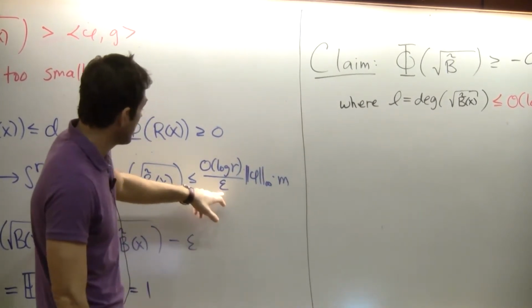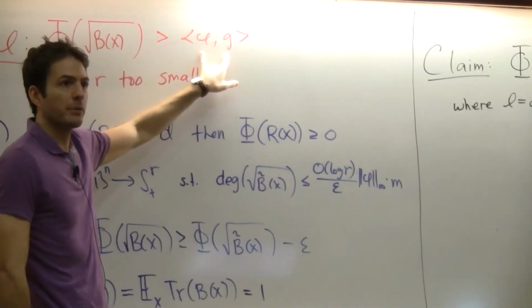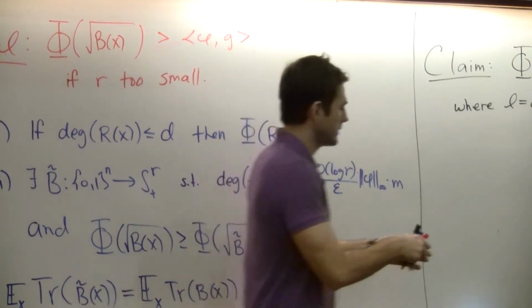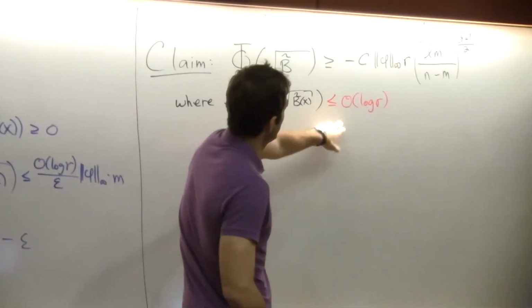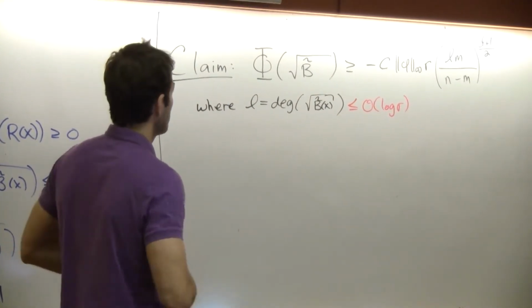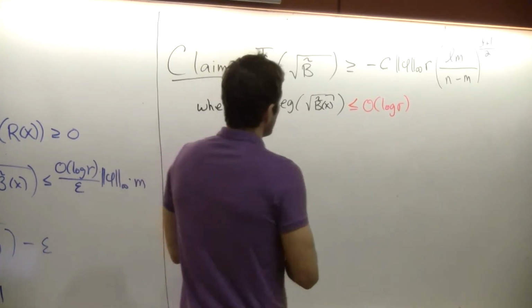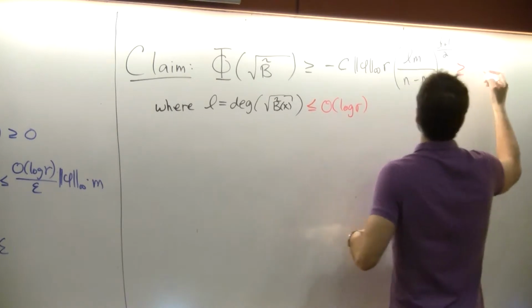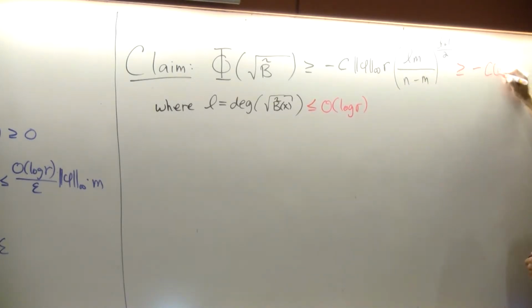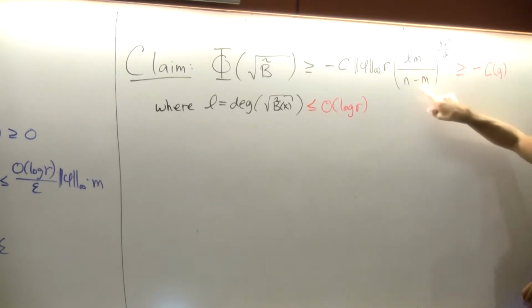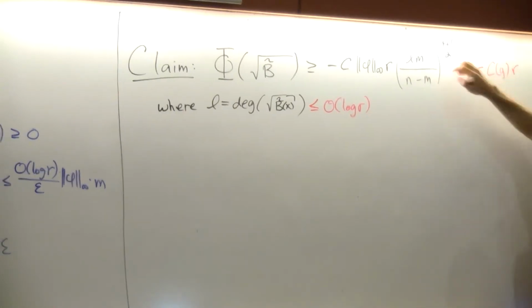Where do we need to choose epsilon to be here? Well, we already saw it's this divided by 3. Again, something that depends only on g. So this bound is order log r, where now you have to remember that there's a constant here depending on g. I'll tell you the dependence at the end, but I want to do the argument of dependence. So then if we use this, then this is minus some constant depending on g. Okay, so there's lots of things that are constant depending on g. Now this m is a constant depending on g. This is a constant depending on g. So we just get r times